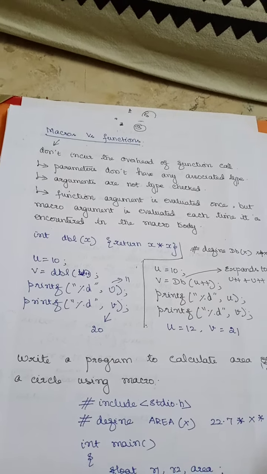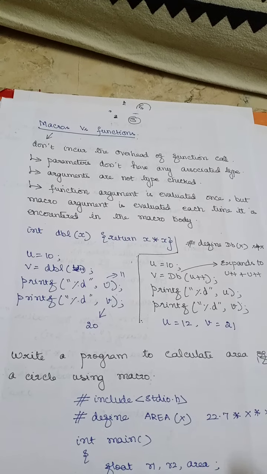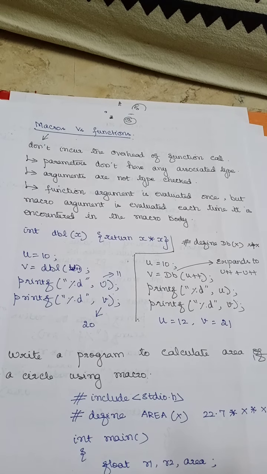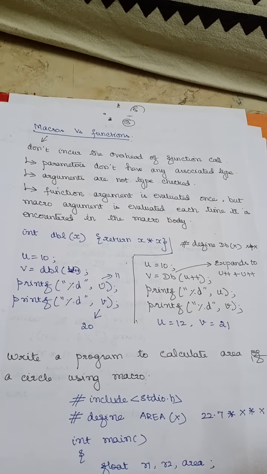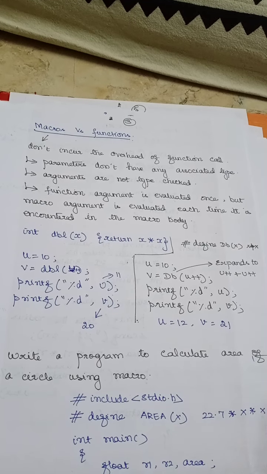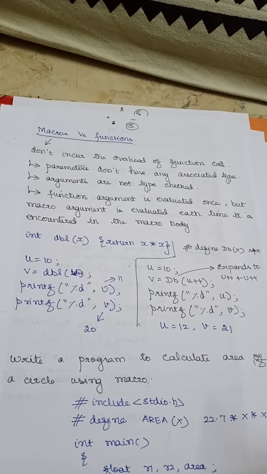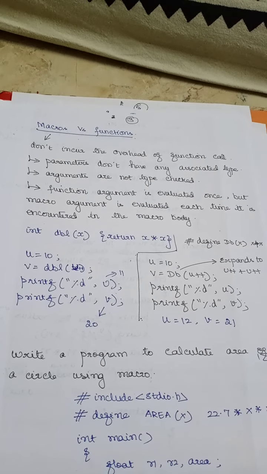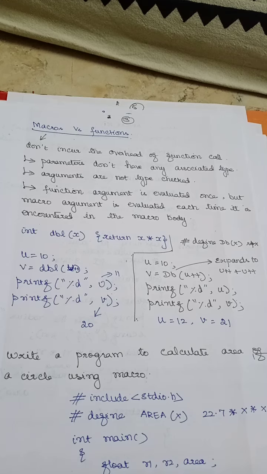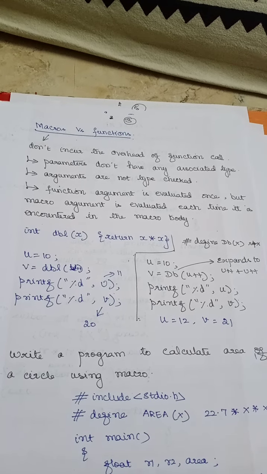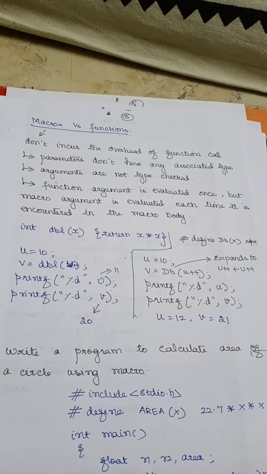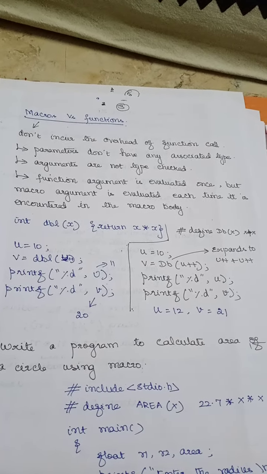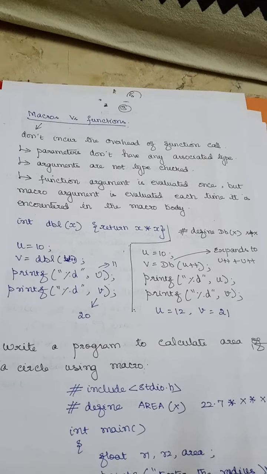in your program, right? And whenever you have a function call, as we have already seen when we studied functions, the control will be transferred and all the details about the address, local variables, everything has to be stored in a record, right, in a stack. So the overhead of function call is avoided in the case of macros, right? So now let us see one simple example to differentiate between macros and functions, right?